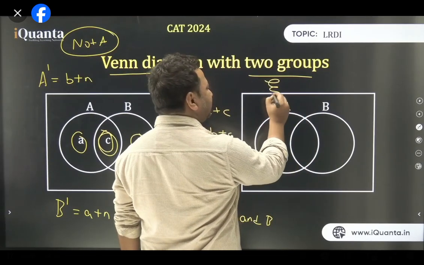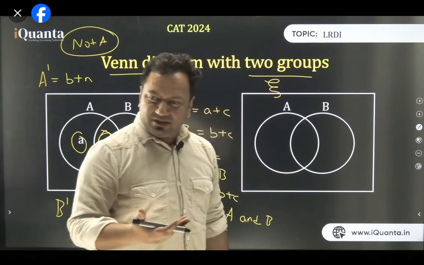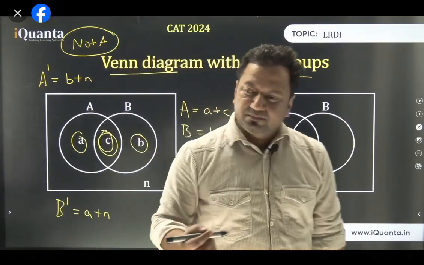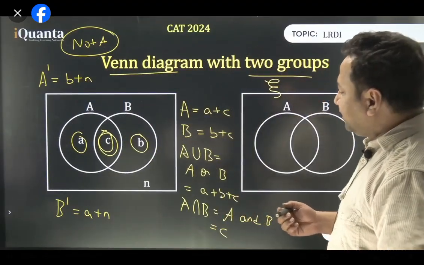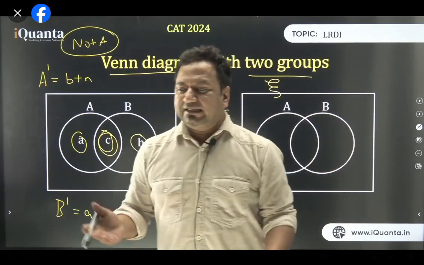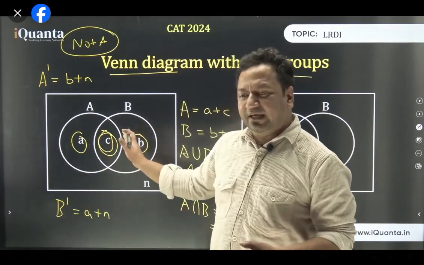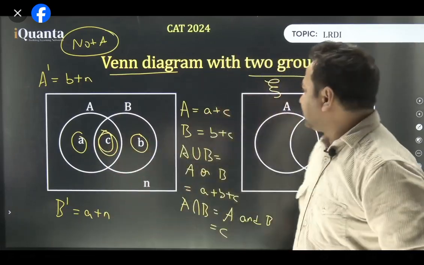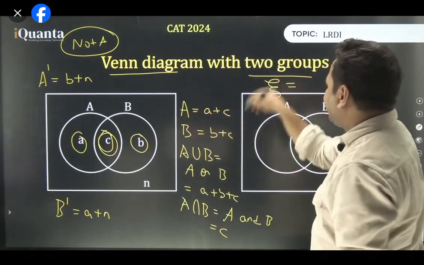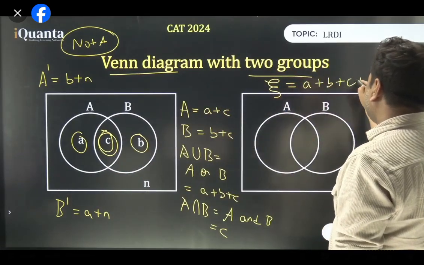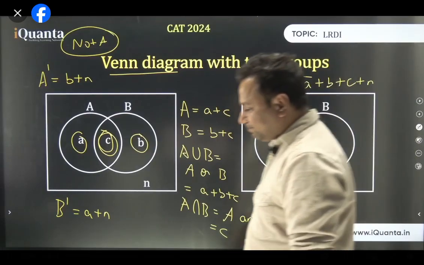Then there's a thing called the universal set. It is represented by this symbol. It is pronounced as, you know that symbol? Zeta. A union B, A plus B plus C, all three, right? Because C is a part of A and B both. But it will not be repeated. C is there in A as well as in B. We will not repeat it. C will be present only once. Zeta is the universal set, like everything combined. That will be A plus B plus C plus N. Alright?